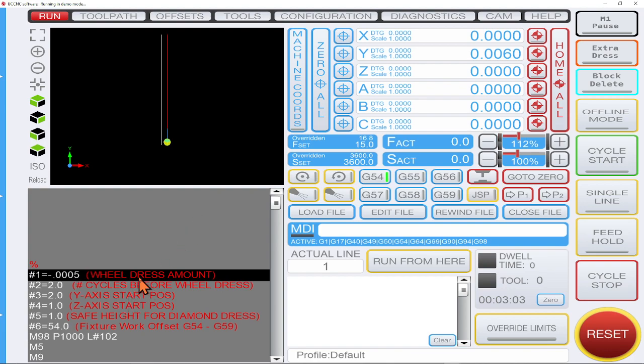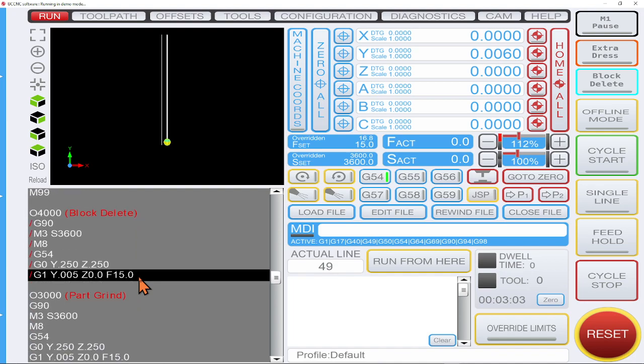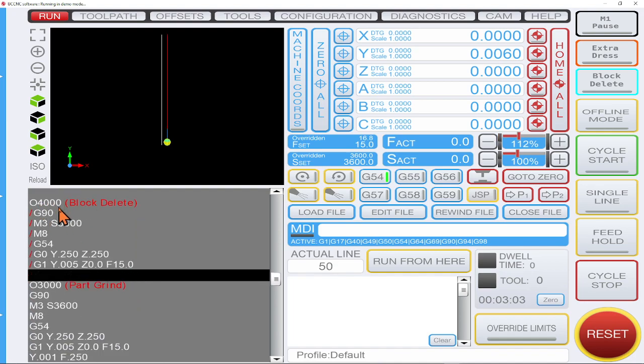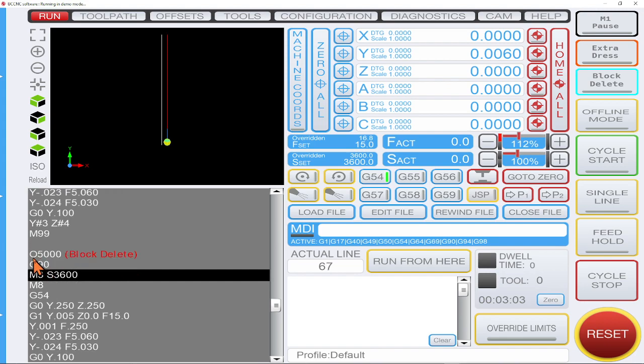So when you set up your block delete, as you've seen, I have it running here in our example. It doesn't have to go here. With it being here like this, we run all of this program because I don't have an M99 in there. Now if you just want to run a separate portion and you don't want to run the normal portion, you can just create a subprogram on the end here. So you can see here I got